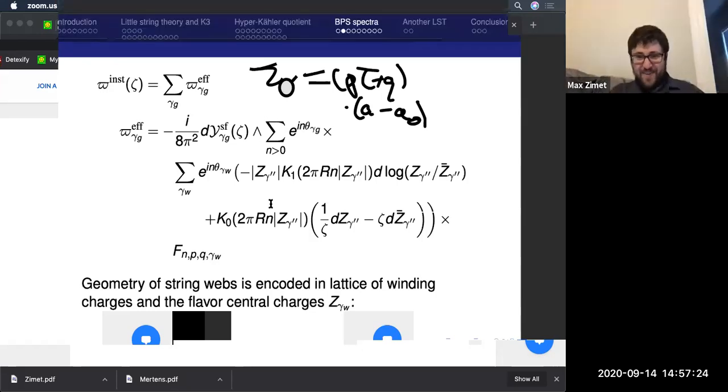Okay, great. So yeah, the point is just that there's this factor here which tells you the tension of those strings, which is just the electric and magnetic charges, and then the length of the string. So this is the coordinate labeling where on the base of the K3 surface the D3 brane is, and A naught here is telling you which singular fiber the string ends on. So the geometry of those string webs is encoded in this way, in this formalism.